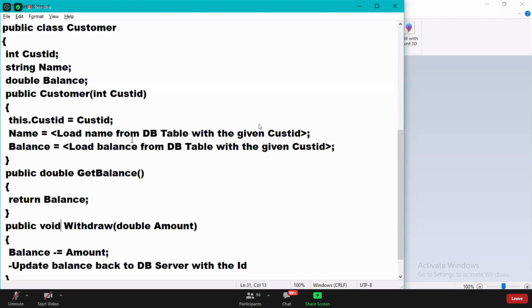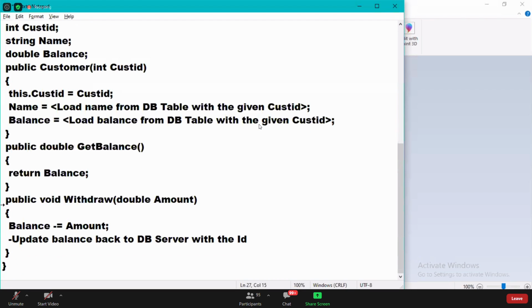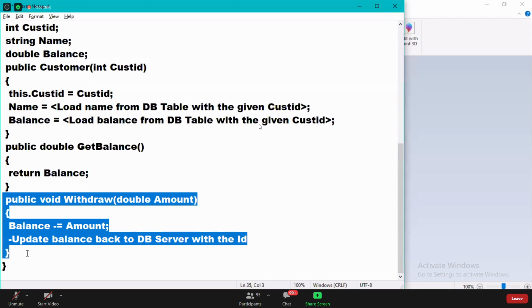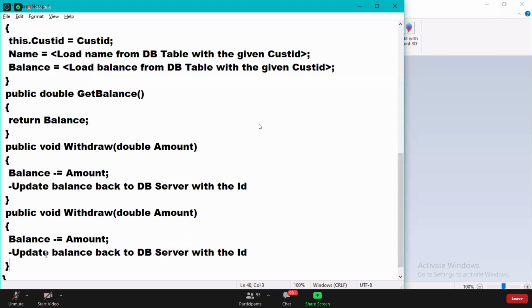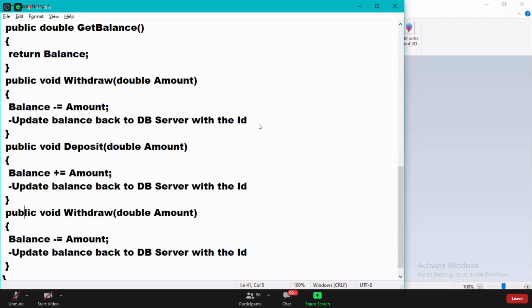Okay, now the same way I want to write another method here: deposit, balance plus equals amount. And I want to write a method here, funds transfer. Funds transfer requires two parameters, guys.